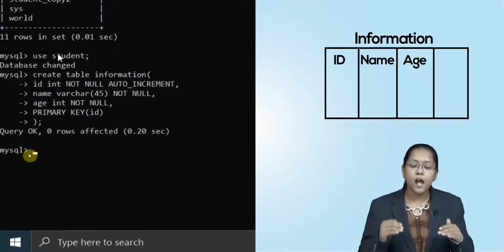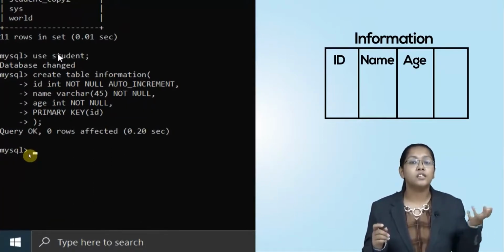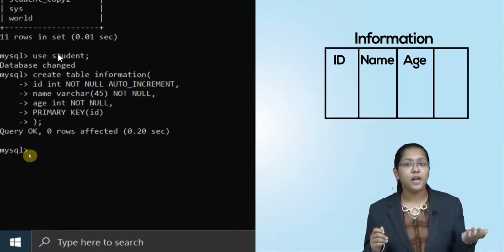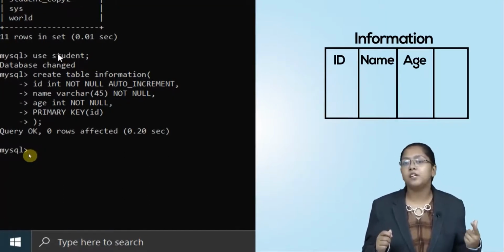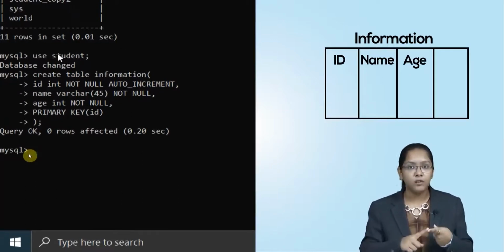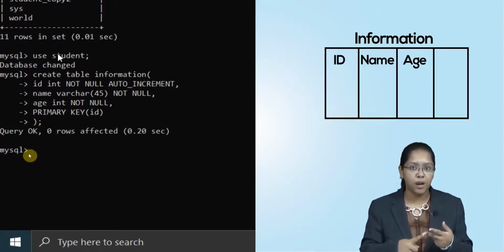Right, now in the last line what I have done, primary key ID, what is it? In the previous lecture, I showed you what keys are, right? Primary key, foreign key, candidate key, super key. These are the types of keys. While studying primary key, I told you that primary key cannot be null. It is auto incremented, it is unique, and there can be only one in one table. These were the features of your primary key.